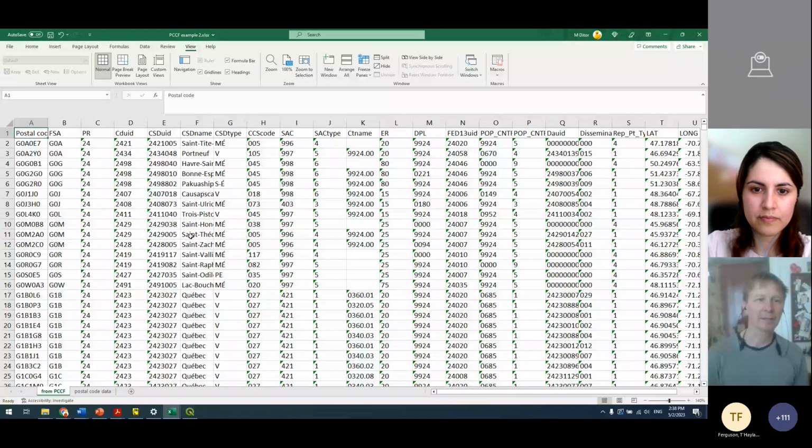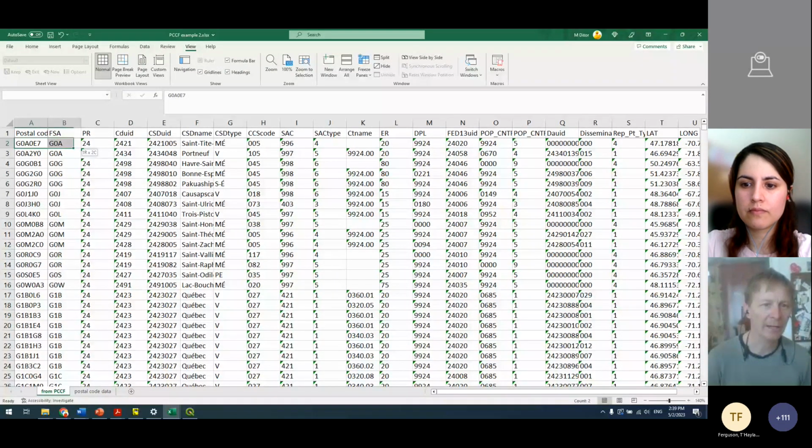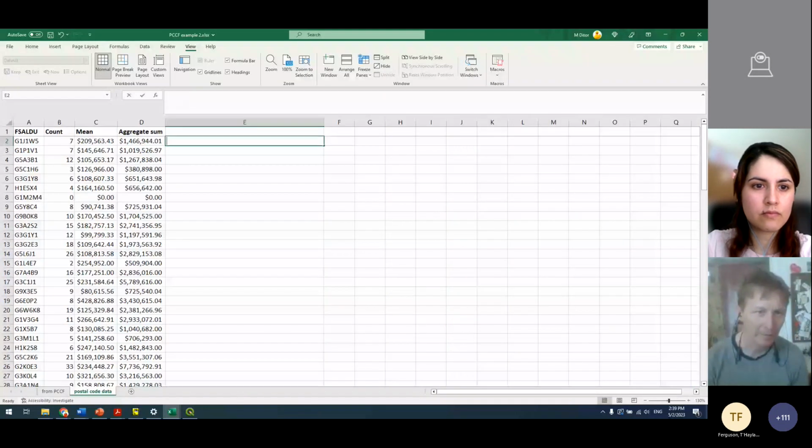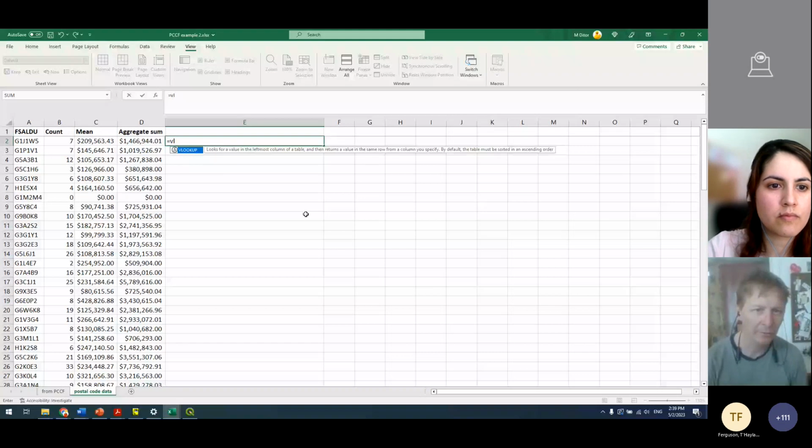If I wanted to find the census subdivision names associated with the various postal codes, this is all data from the PCCF. I'm going to have it search this array, looking up these postal codes, and I want it to return the 1, 2, 3, 4, 5, the 6th column. So if I were to use the lookup, look for this postal code